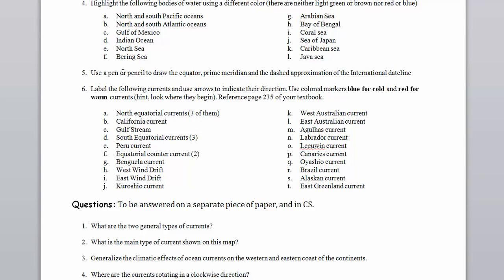Then you're going to use a pencil or a pen, and you're going to draw the equator. Remember how to find the equator. Actually, you've got labels on the side of the map. The prime meridian. Remember how you can find the prime meridian. The dashed line to approximate the international date line. You may have to look that one up. Then you're going to label the currents that are located here, and some of them are going to have multi-currents, like the North Equatorial Current. There are three of them, one in each of the three primary oceans running along the equator,